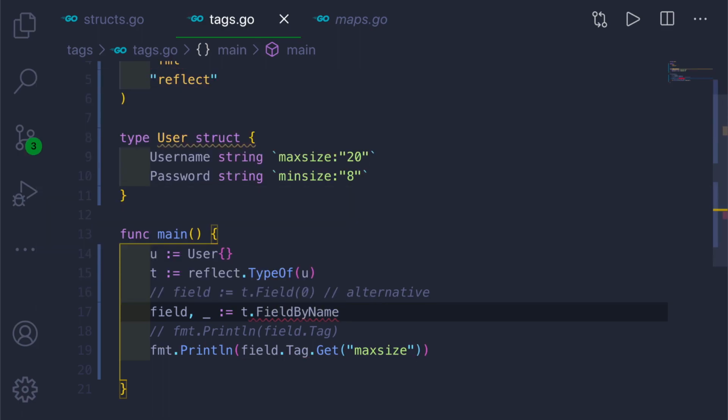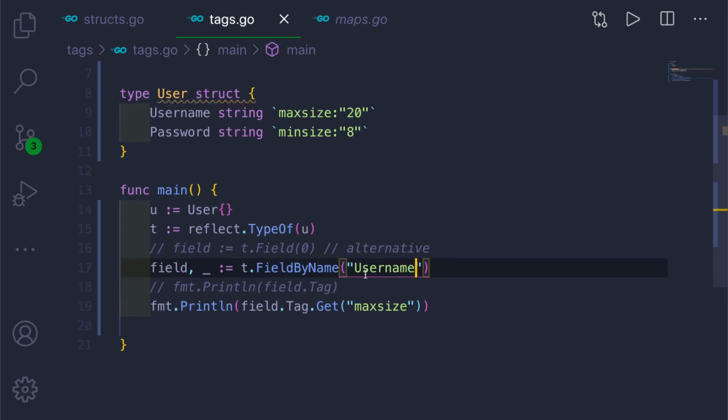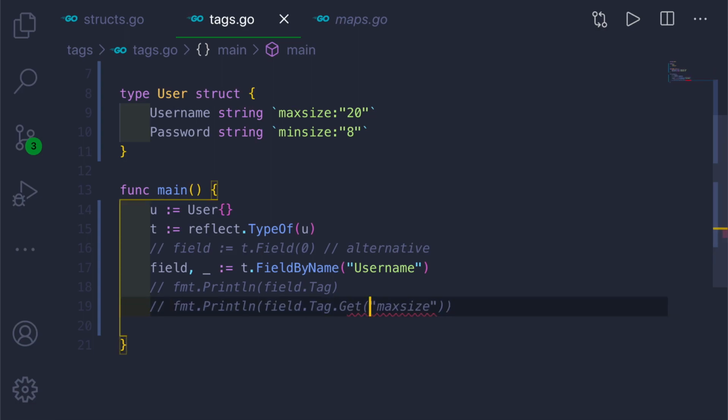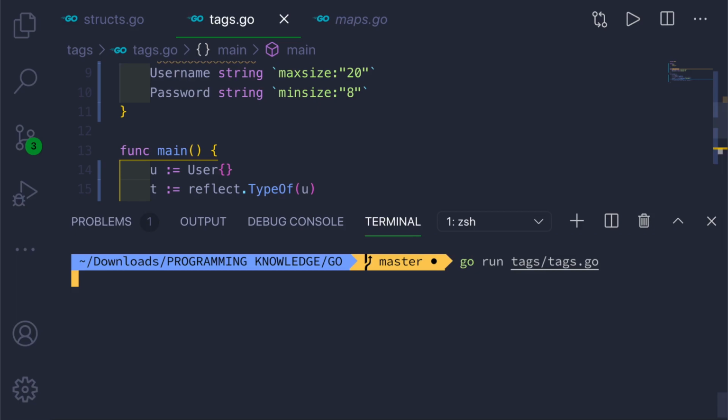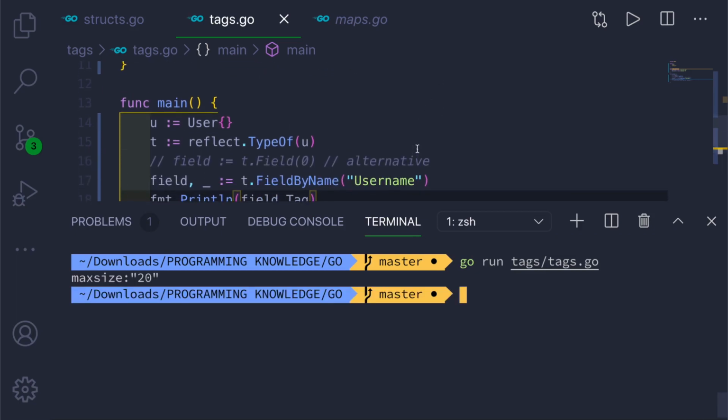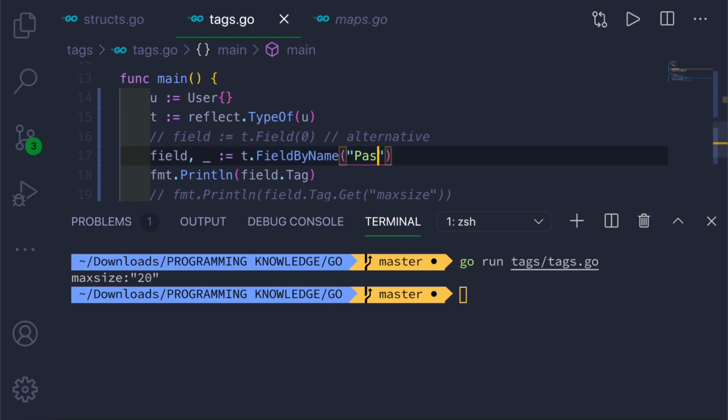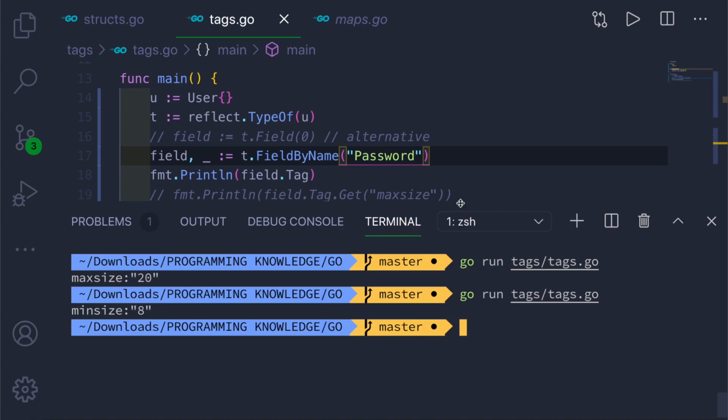We'll just call it for the particular struct field which you want to include. So we'll use username. Keep in mind that it is given as a string here. Now let me comment this and run this, and we'll get max size as 20. Also we can give password here, and it will give minimum size as 8.